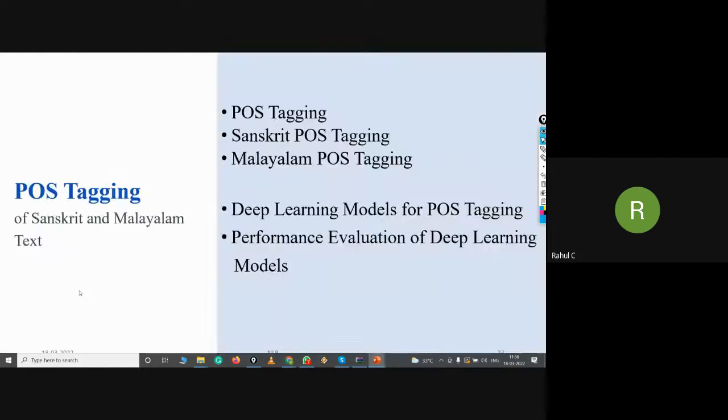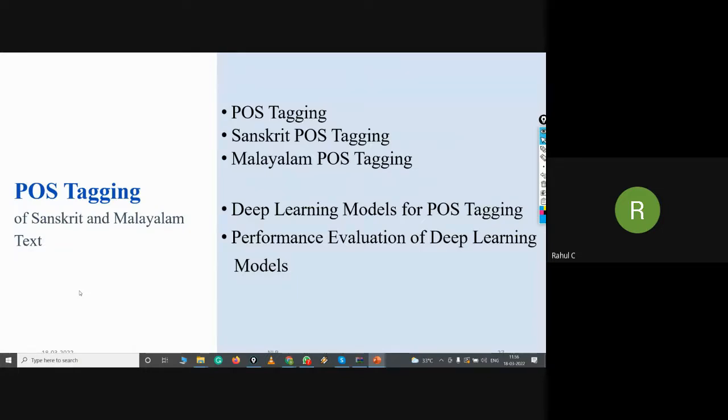So then what is another one? It is known as POS tagging. Why are we going for POS tagging? In order to implement word sense disambiguation, we have to POS tag, that is part of speech tagging. You have to tag the sentence. Before, there were rule based techniques for this POS tagging, now we can go for deep learning based methods